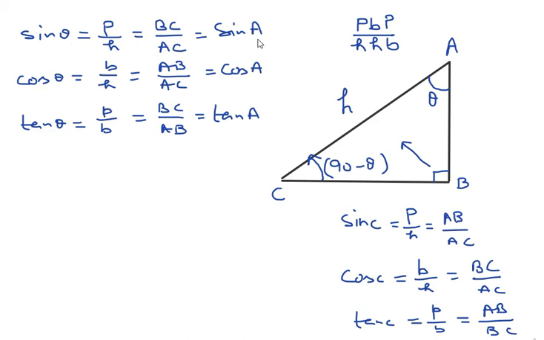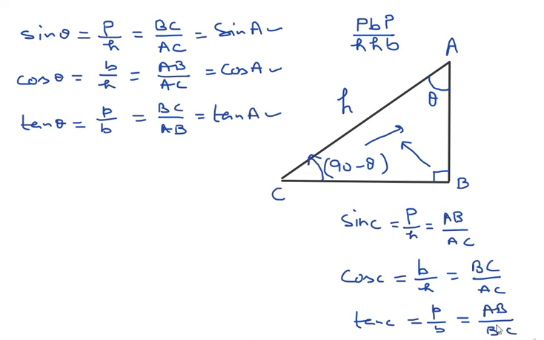So sin theta is equal to sin A, the same thing. The ratio of sin theta will be BC upon AC. Similarly, you can see cos theta or cos A, and tan theta is equal to tan A. The ratios are written in front of these trigonometric ratios. Now I have taken angle C. So sin C will be perpendicular upon hypotenuse, because if I am taking angle C, the side opposite to this will be perpendicular for this angle. So the perpendicular now is AB upon AC. Cos C will be base upon hypotenuse, equal to BC upon AC. Tan C is equal to perpendicular upon base, equal to AB upon BC.